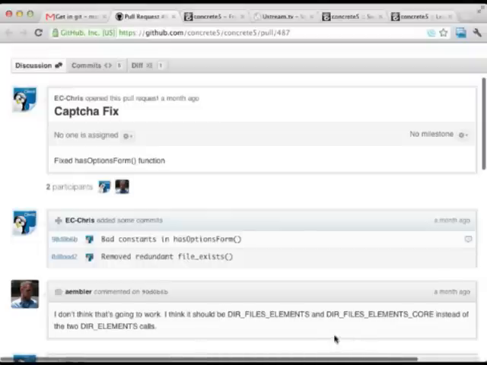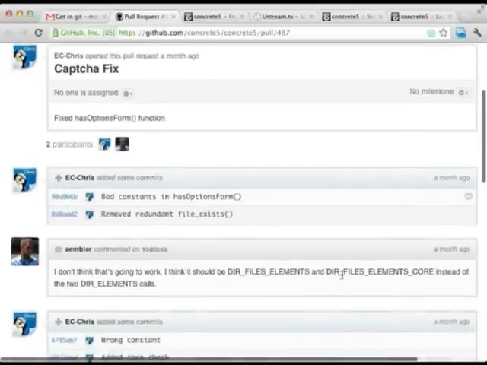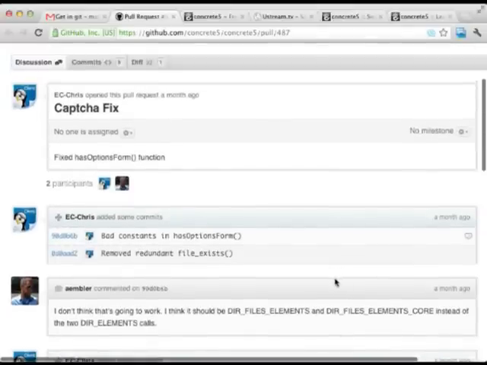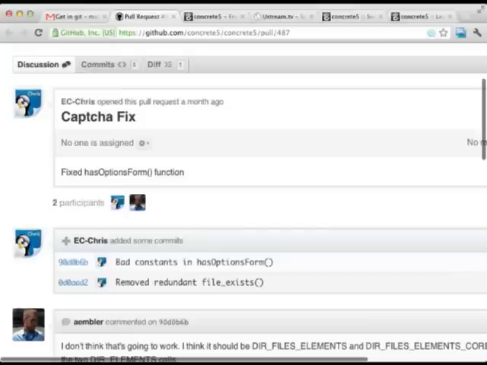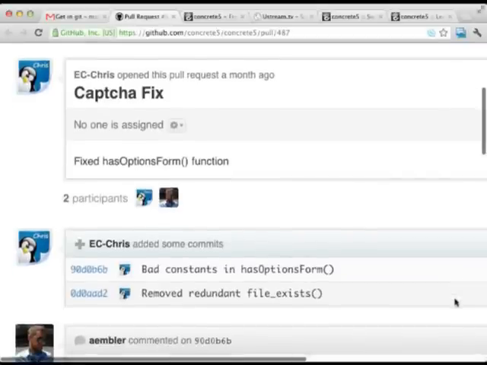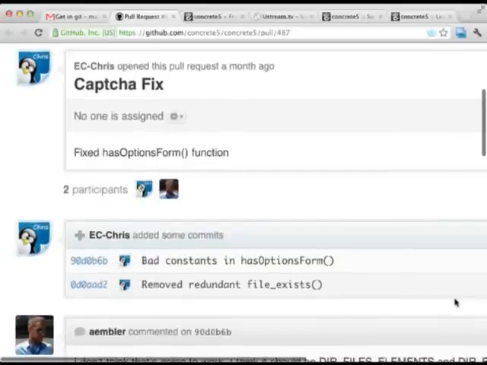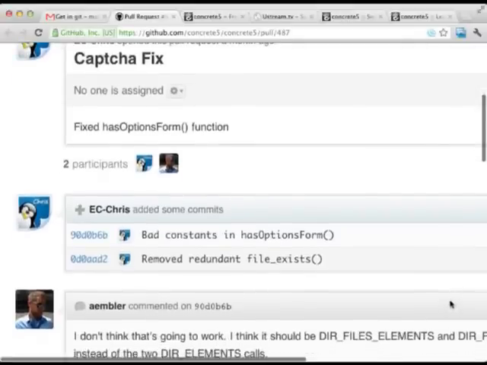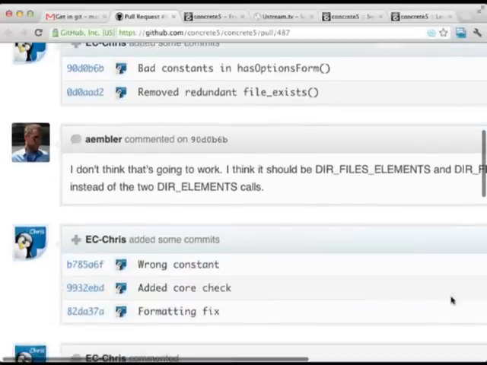This week I wanted to highlight a bug fix that we got from EC Chris. In 5.5 we added the ability to specify the CAPTCHA library that the system uses, so you could use reCAPTCHA, etc. You could swap out the rudimentary and not all that attractive built-in CAPTCHA library with any one you wanted. It works well, but there were some bugs: if you wanted to specify your own CAPTCHA on a site with an override, as opposed to the built-in one or a package, that would not work. And we didn't even know this.